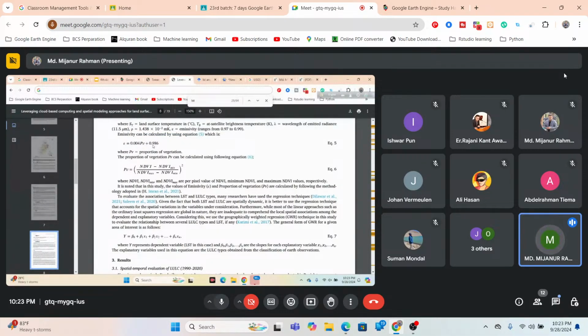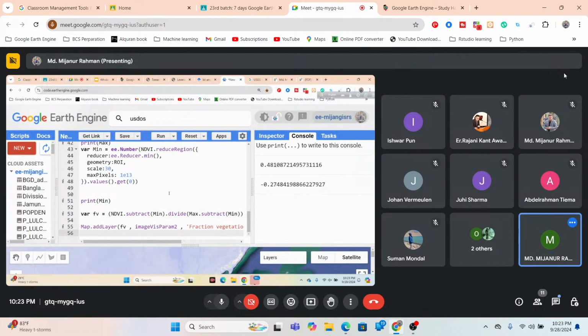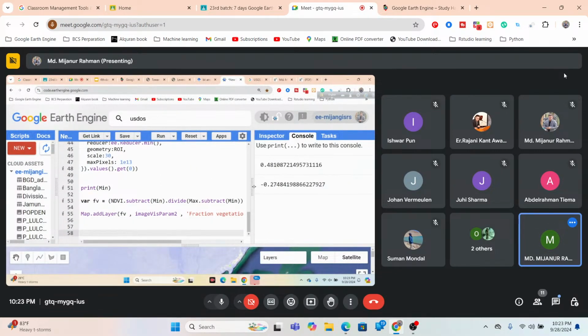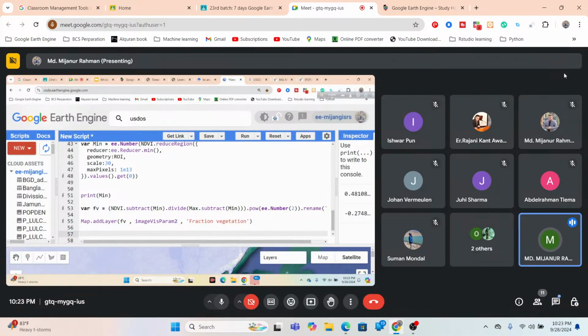Emissivity is equal to 0.04 times fractional vegetation plus 0.986. So now I want to apply this formula and calculate the emissivity. Let's check. We try to apply these things in our formula. So now let's go, we try to write the code. Now further, just take a variable. Suppose I put the variable name as